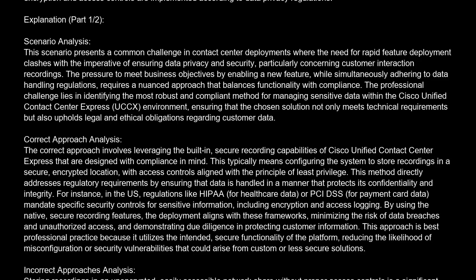This approach is best professional practice because it utilizes the intended, secure functionality of the platform, reducing the likelihood of misconfiguration or security vulnerabilities that could arise from custom or less secure solutions. Incorrect approach analysis. Storing recordings in an unencrypted, easily accessible network share without proper access controls is a significant